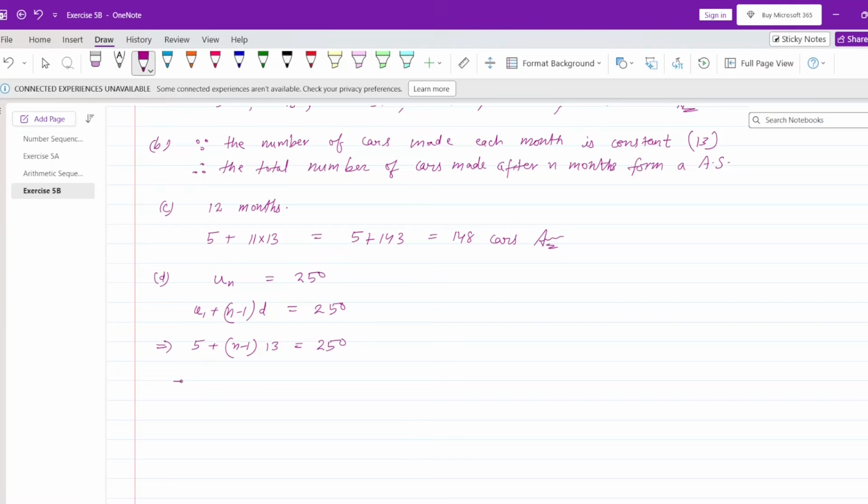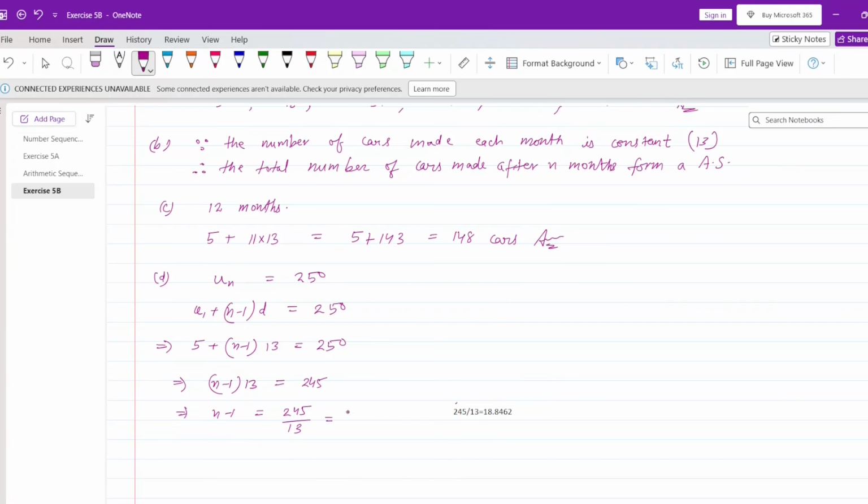So (n minus 1) times 13 equals 250 minus 5, that is 245. And n minus 1 equals 245 divided by 13, that is